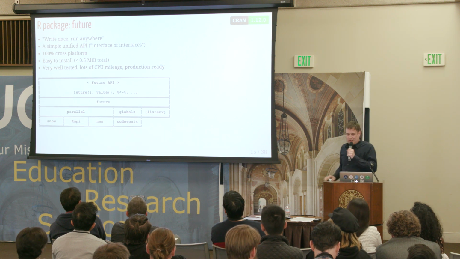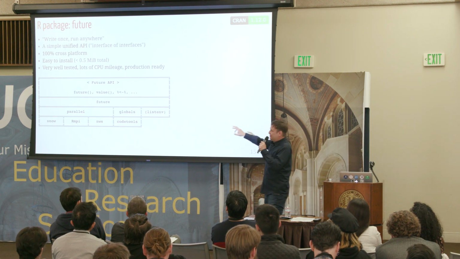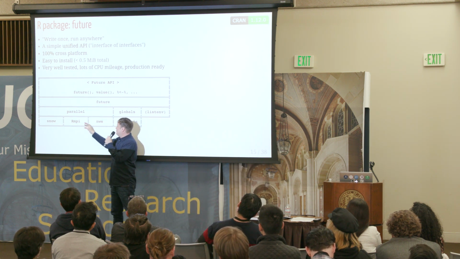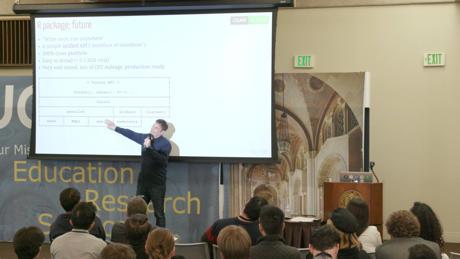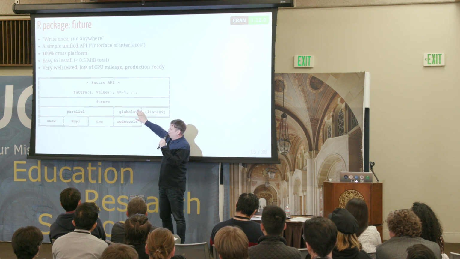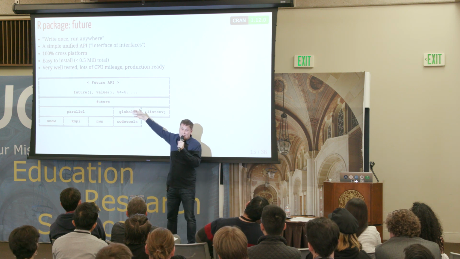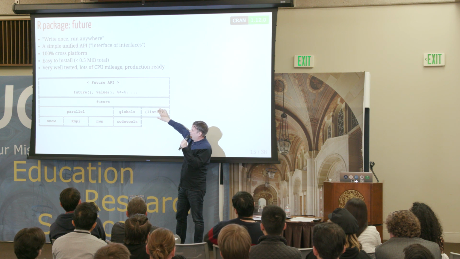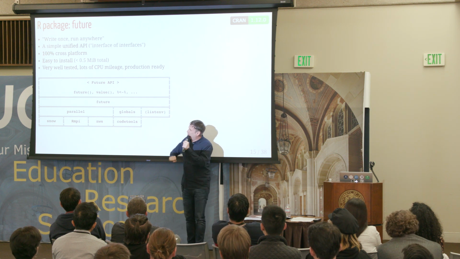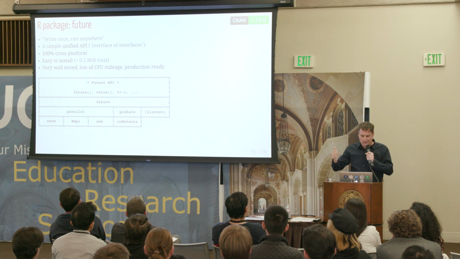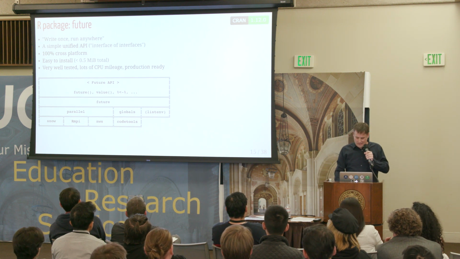It builds on top of the parallel package, which in turn builds on legacy packages, Snow, Rmpi, and network spaces. I wrote the globals package to find global variables. This one is a parenthesis, we don't have to discuss that. But it provides a very basic API to create futures and get their values.